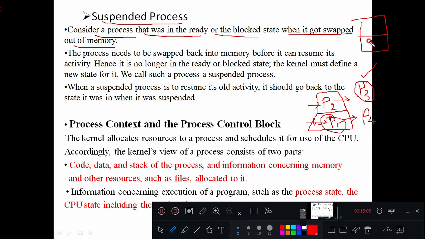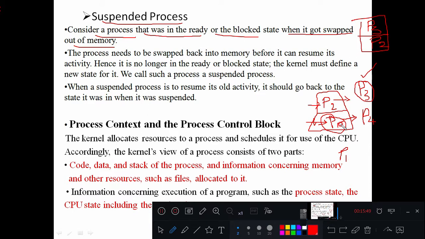Initially I had P1 and P2. P2 is executed more frequently compared to P1, so P1 has to be replaced by P3. Now how will memory look? It will have two processes again, P2 and P3. So what happened to P1? P1 is temporarily stored somewhere. It is not stored in the memory from where the operating system schedules the processes. It will be stored in some secondary resource, secondary memory, you can say.